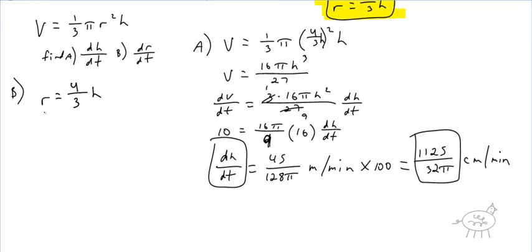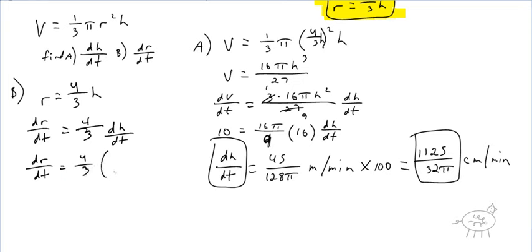So what I can do now is have r equal to 4/3 h. I'm going to take the derivative of both sides. So I'm going to get dr/dt is equal to 4/3 dh/dt. That's pretty sweet. I've got dh/dt. So we're good to go. dr/dt equals 4/3 times 1125 over 32 pi. Okay, and if you simplify that again using your calculator with the fraction button, you get 375 over 8 pi